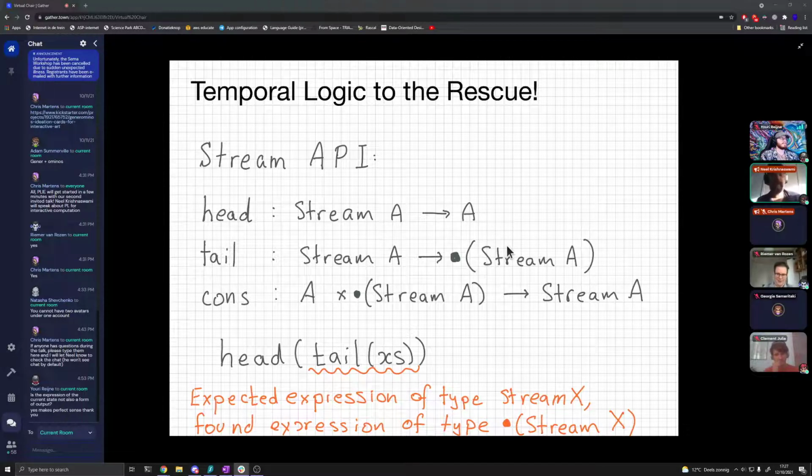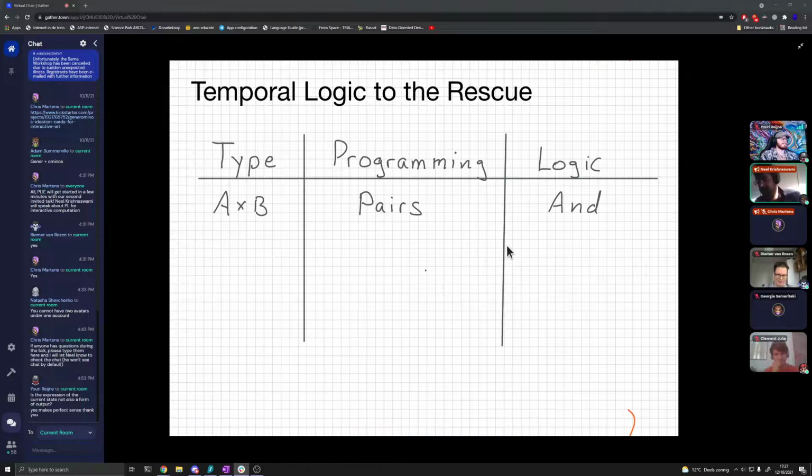So what do I mean by that? If you've hung around programming languages people, you've probably heard of the Curry-Howard correspondence. It says that primitives in a functional programming language have a correspondence in propositional logic. If you think of the type of pairs, A and B, you have one A and one B. When you read it in terms of logic, you think of this as conjunction: A and B.